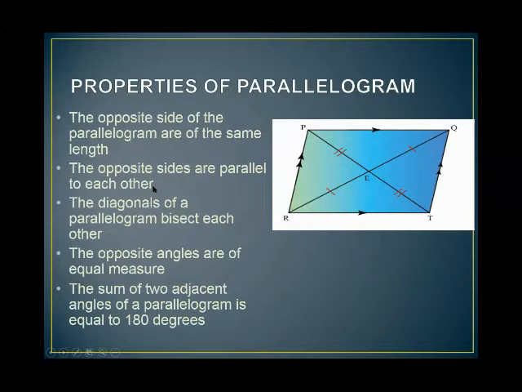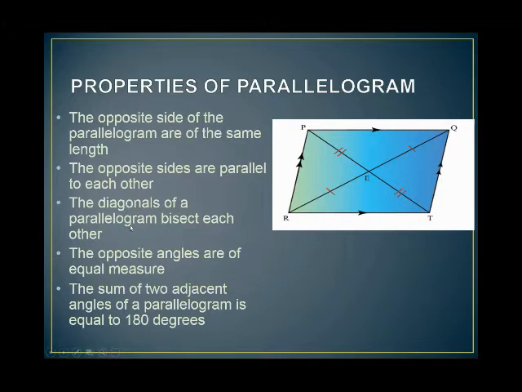The next one is opposite sides are parallel. Yes, they all are parallel with each other. So can you explain what parallel lines are? Do you remember? The lines which are at equidistance from each other. So that's why we say that they are parallel. Opposite sides are also parallel and they are also equal in measure.